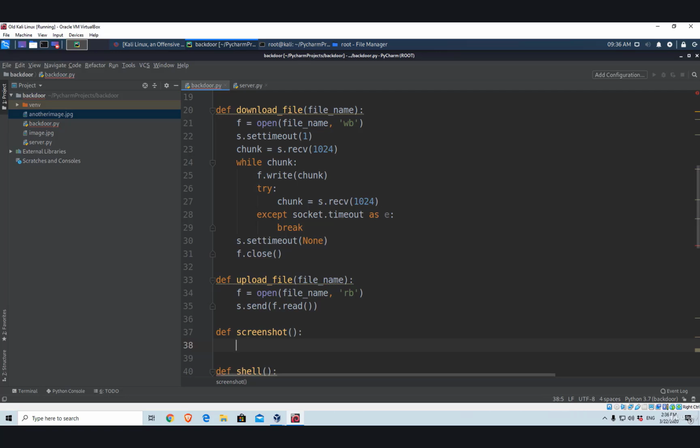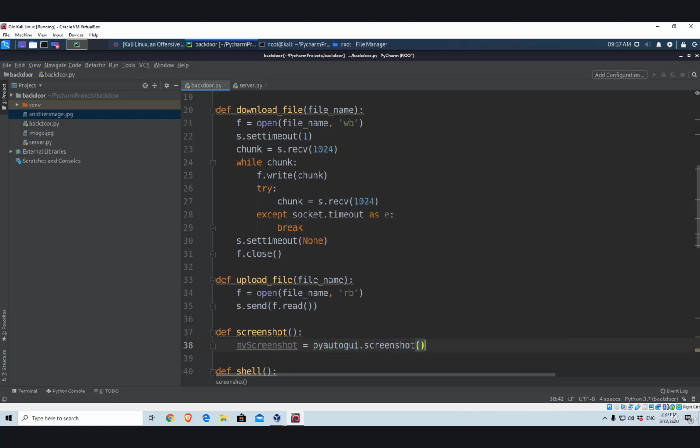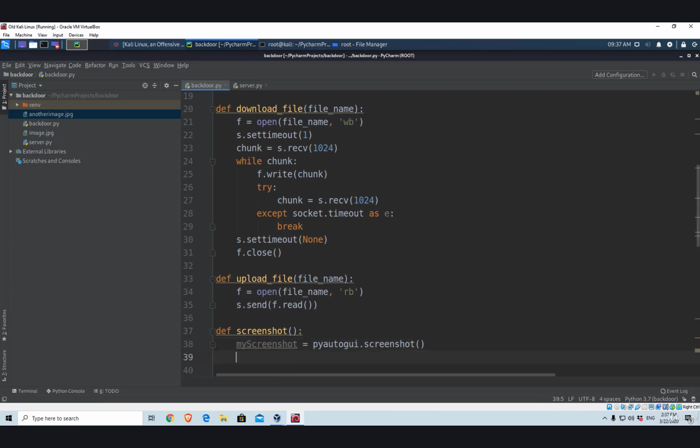And this function has only 2 lines of code, which we are going to write like this. So let's create a variable called myScreenshot, and it will be equal to PyAutoGUI.screenshot. And that is actually all we need to do to take a screenshot, the rest of the code is actually saving that screenshot with